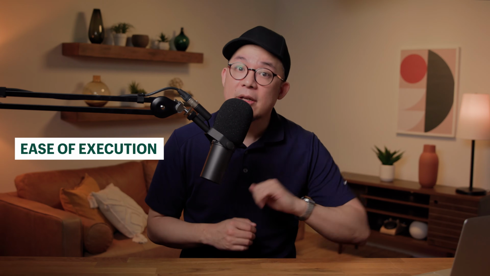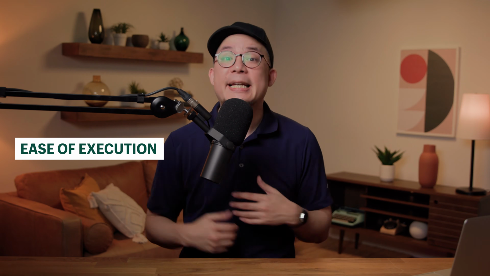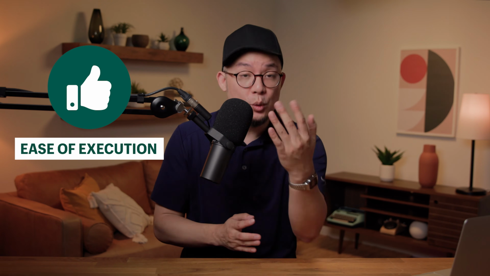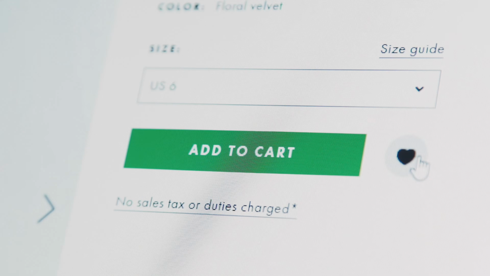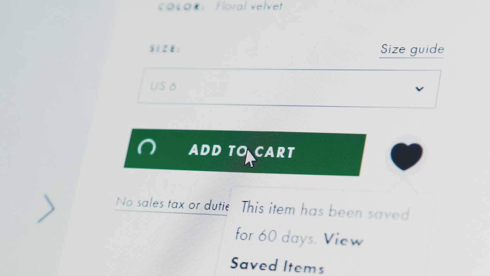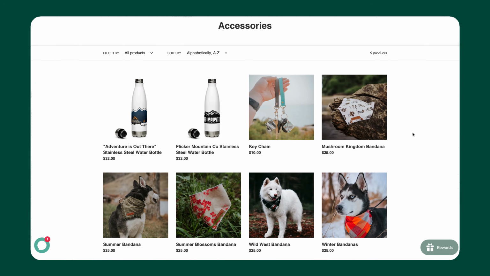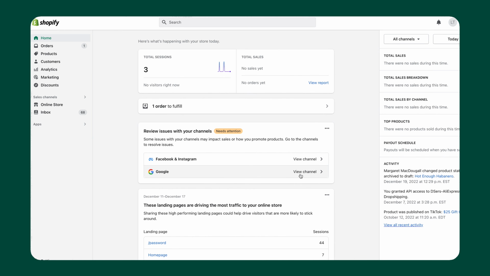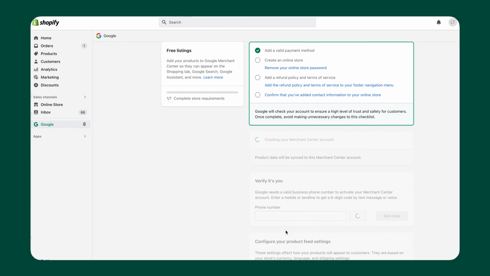But in terms of ease of execution, although it's technically easy to just implement, it's important to put some effort to segment who you're retargeting, ideally narrowing down to people who showed a concrete intent of purchasing, whether it's remarketing to folks who added something to cart or visited a specific product page of something you are aggressively trying to move. And Shopify makes all of this super easy with a specific Google sales channel built right into our